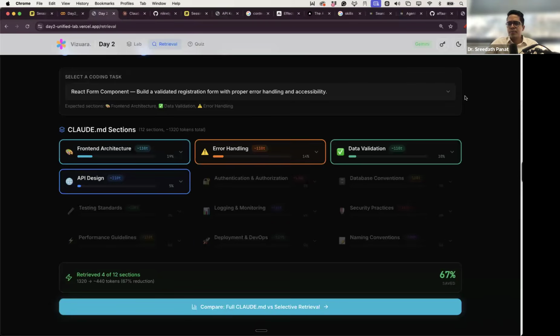But if your CLAUDE.md file was so big that you had 50,000 tokens in it, then it is difficult. This selection is automatically handled by the coding agent. You mean, Nikhil, is this handled automatically by